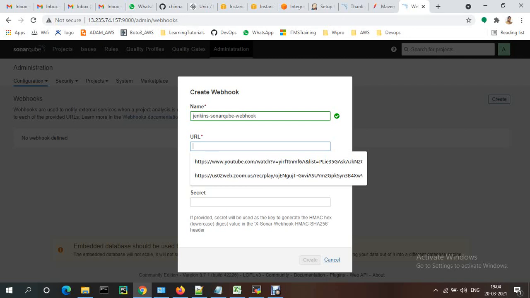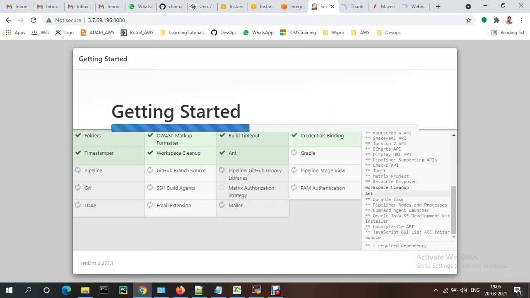So when you send the report from Jenkins to SonarQube, again back to get the response whether the build failed or succeeded. So for that one, we need to create a webhook. Okay, let me pause the video until the suggested plugins are installed. Okay,